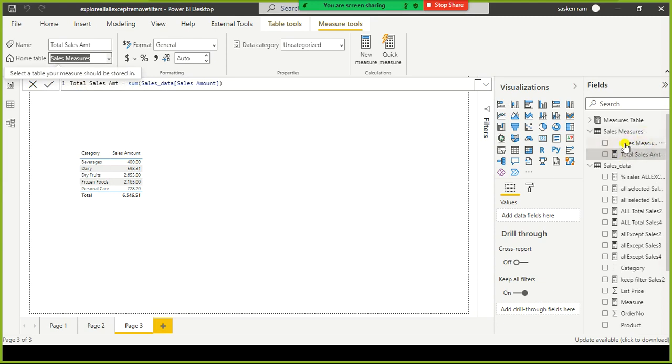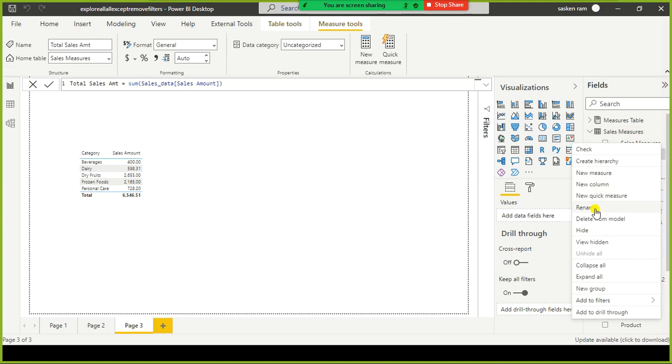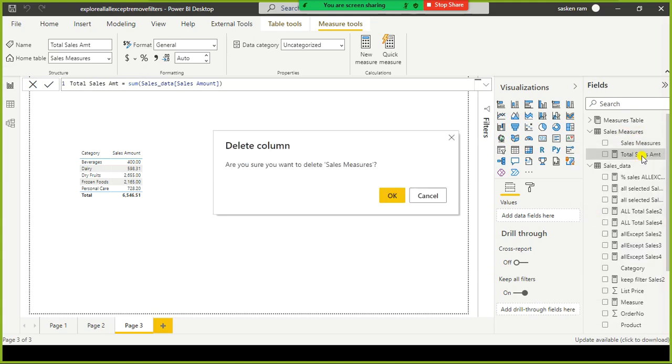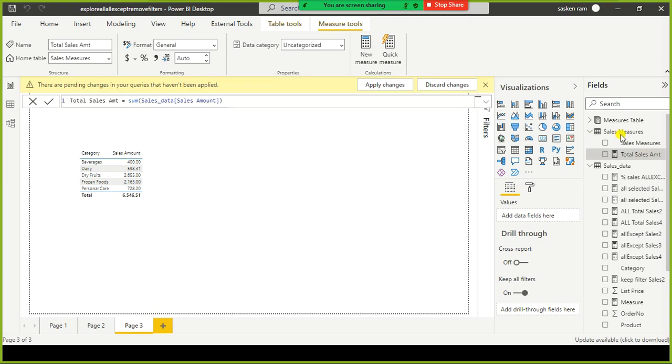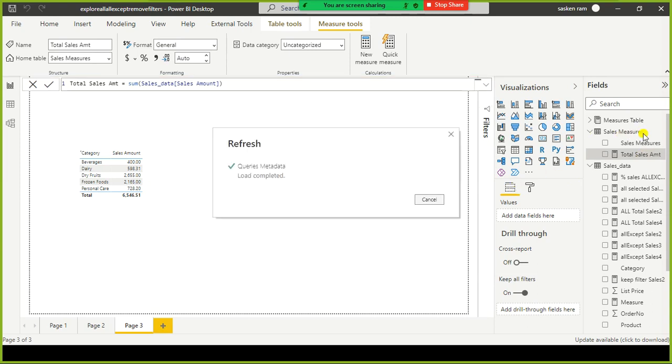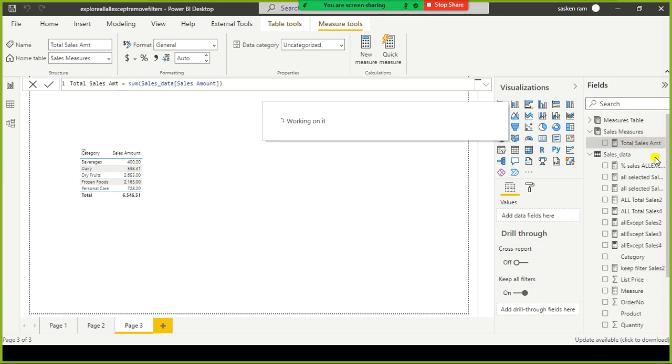This is the column name. When we created the table the first time, this is the column name, right? So it got created as a column name. I go and delete it from this model, because I want this table to hold only the measures.